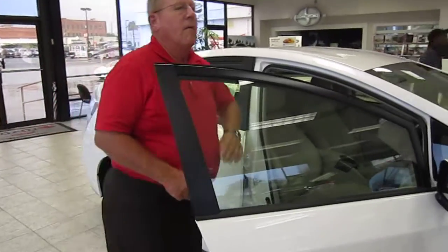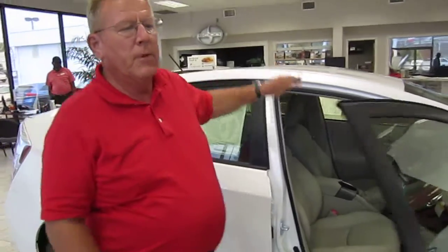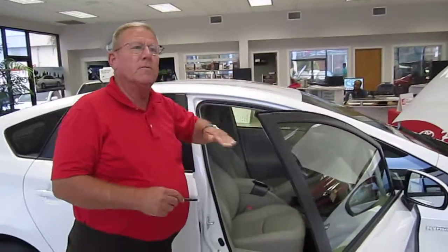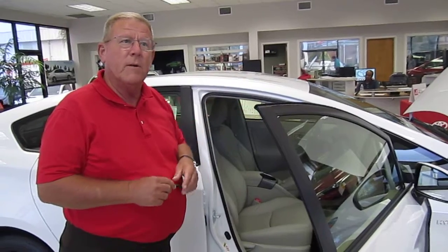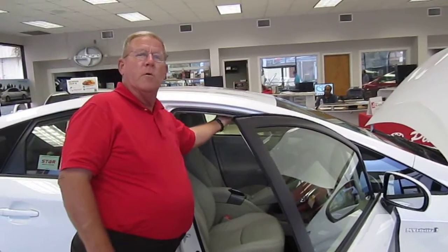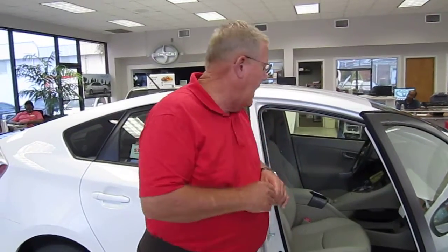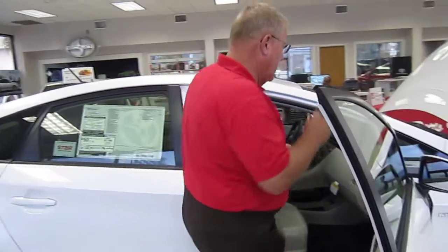The design of the roof has been completely re-engineered, and that's done for you folks whose mamas fed you a lot of turnips and a lot of cornbread, maybe a little bit taller than some of the rest of us. You got plenty of headroom in this vehicle. It's also been aerodynamically changed as to give you a much sleeker design, which also cuts down on friction and also gives you a much smoother ride. As far as room is concerned, if you'll take a look in here,